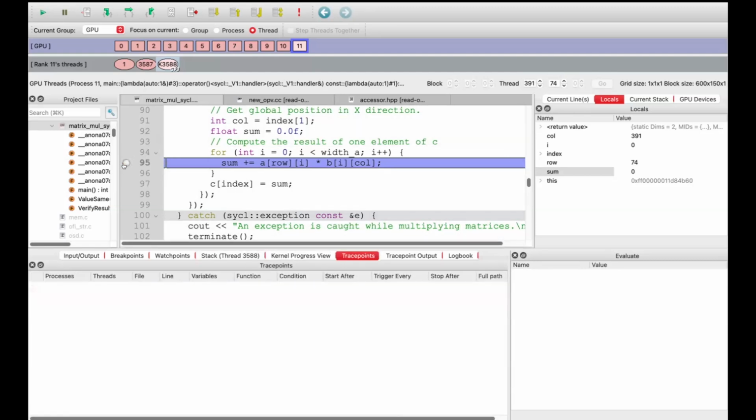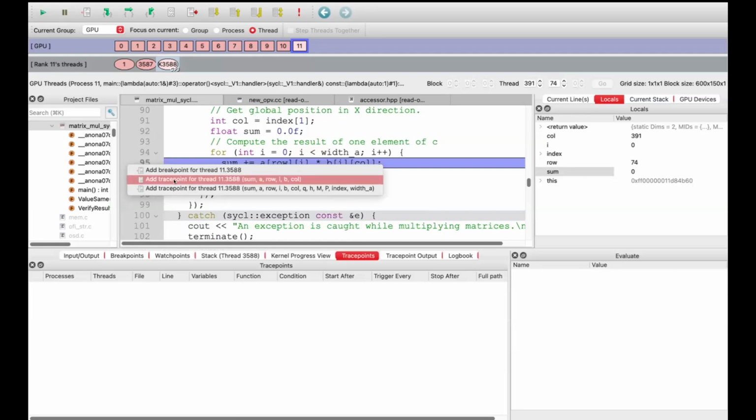We can also set trace points here. What trace points do is, instead of you having to put print statements and printing out all the values of each one of those threads, you can put trace points there instead, and as your application is busy running, it just prints out the values. So if I add a trace point in here,